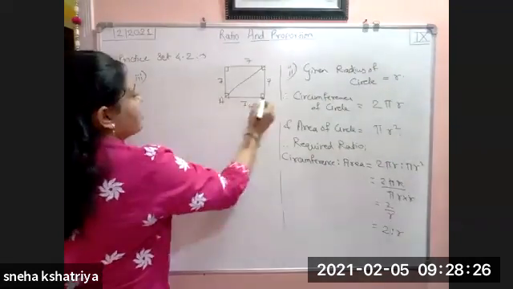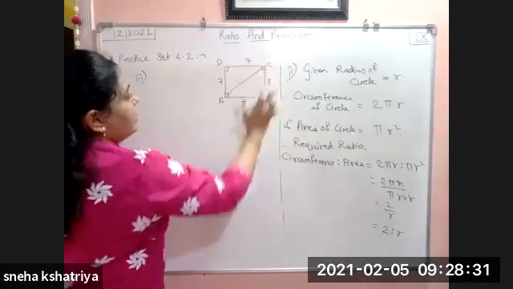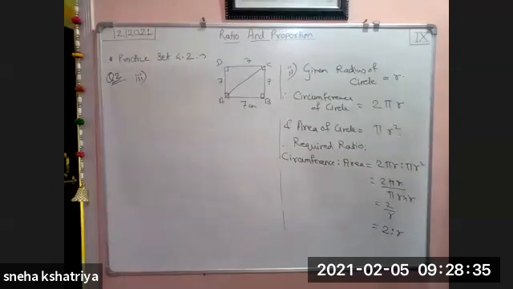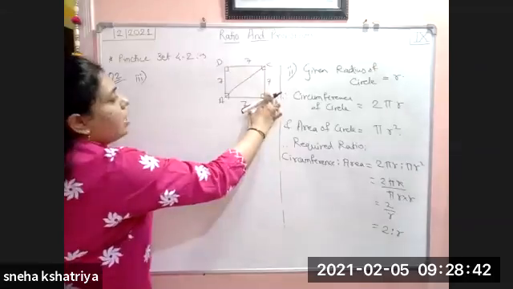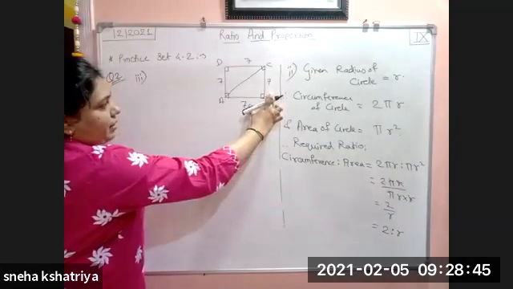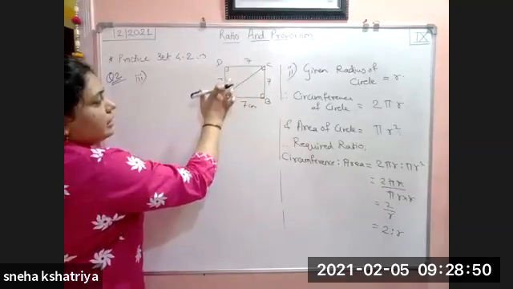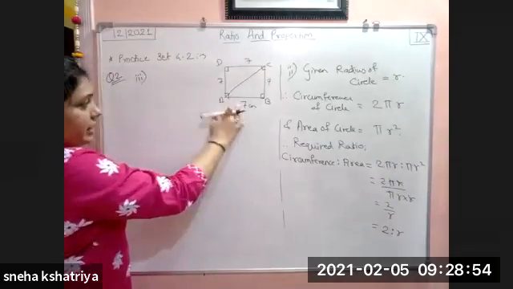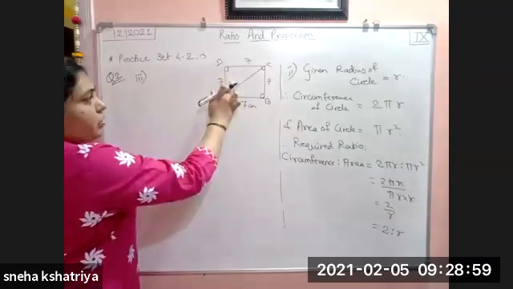So if we suppose this square as ABCD, in triangle ABC, B is a right angle, so this triangle becomes a right angle triangle, and in a right angle triangle we can use the Pythagoras theorem, because the Pythagoras theorem states that the hypotenuse square is equal to the addition of the remaining two sides squared. If we find this hypotenuse, then we can take the ratio of the diagonal and the side. This is the required ratio, diagonal to its side. We don't know the value of this diagonal.